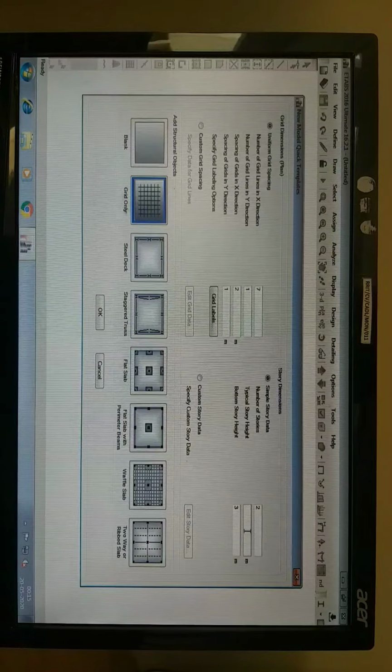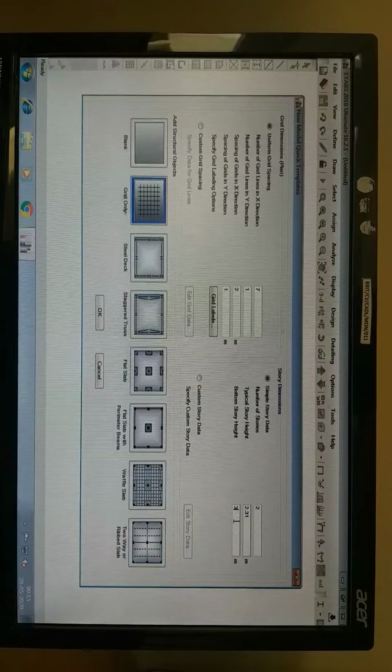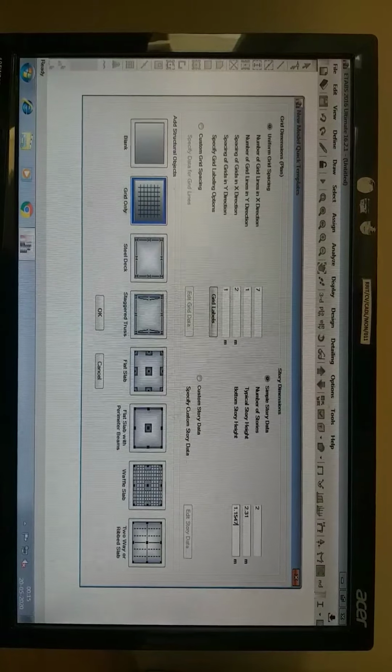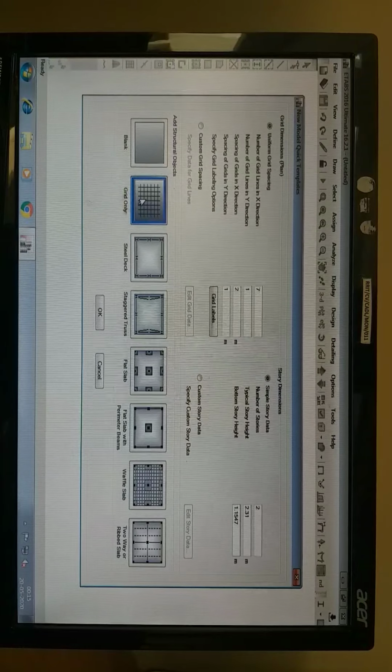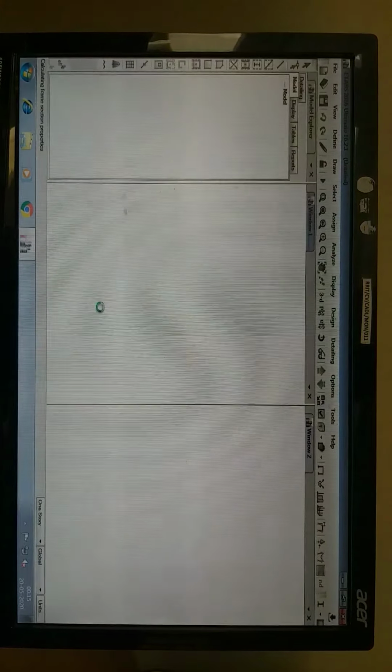So typical story is 2.31 and the bottom story is 1.1547. Next click grid only and then click OK.